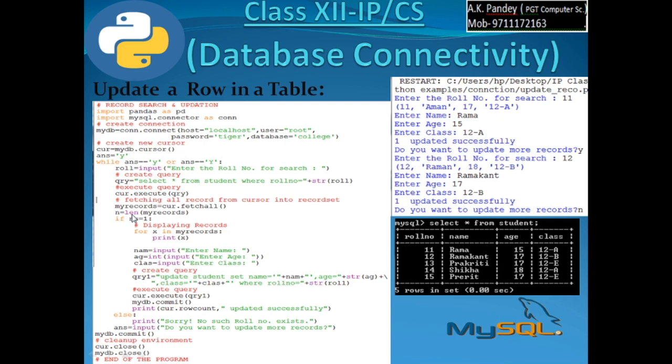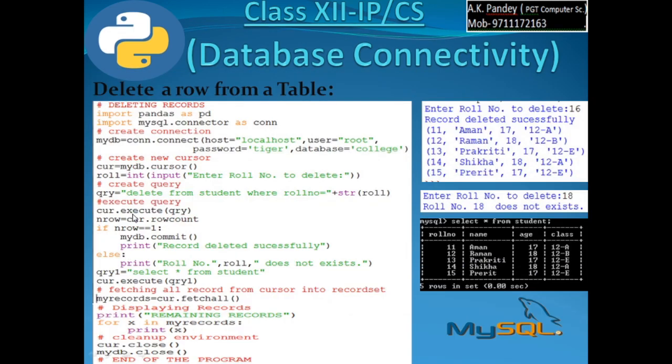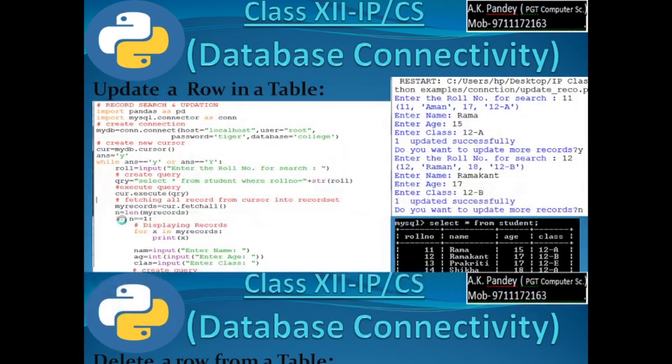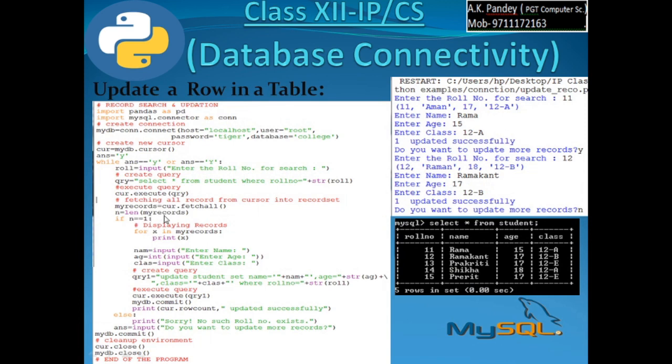In the previous one you used cur.rowcount to find out the number of rows in the result set, but here I am using len of my records. Len of result set will be assigned to n.